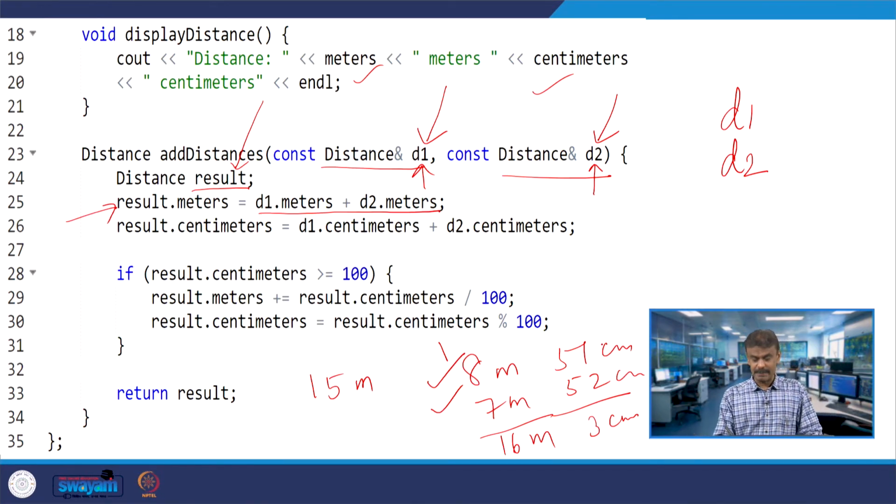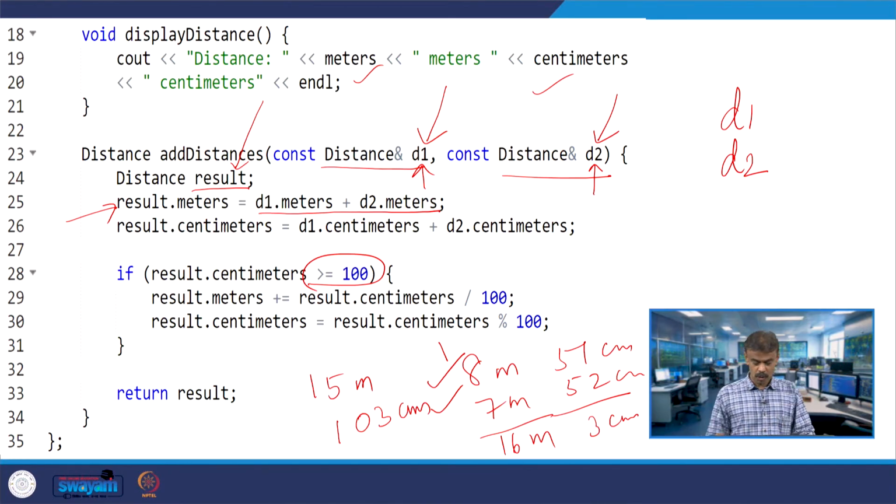Then centimeters I am adding separately: 1 plus 2 is 3, 5 plus 5 is 10, 103 centimeters. So I have added meters and centimeters separately. Now, if it is going beyond 100, then 1 should go to the meters, because 100 centimeters is equal to 1 meter.